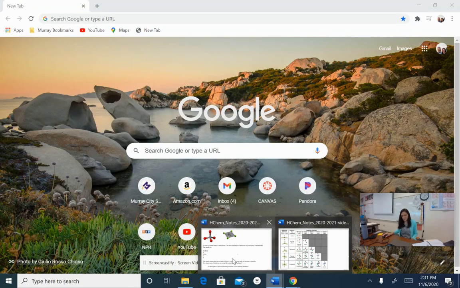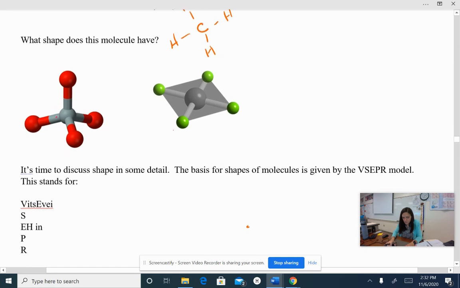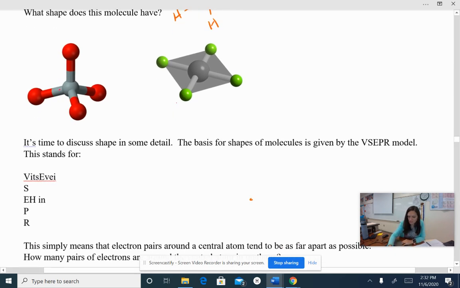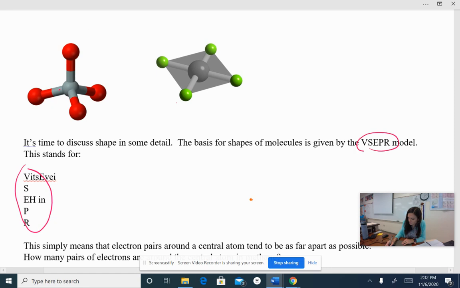All right, honors chemistry people, we are now going to start looking at the VSEPR model today. It looks like my print here has gone a little awry. So this here on the side should say VSEPR. And this is the model that we are going to use to put on these Lewis structures that we